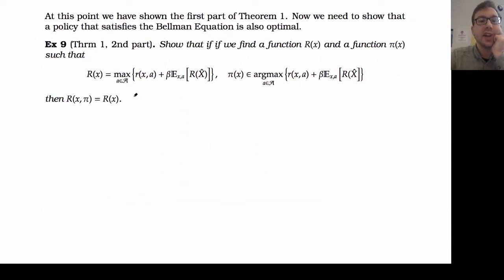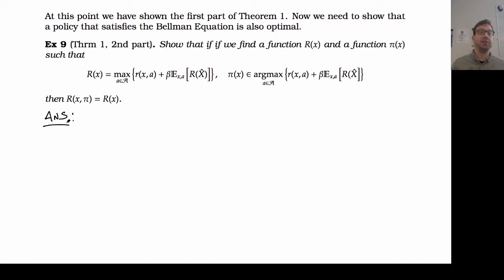Well, let's start with the following. If we find a reward function r of x and a function pi of x such that this equality is satisfied and pi of x belongs to the maximizing argument of all of these, then the function r of x is equal to the optimal reward function. So let's answer that. This really isn't an obvious question. Just because I've solved this with all these equalities doesn't necessarily mean it's the optimal reward function. This is why we spent quite a bit of time working on the potential theory arguments for Markov chains, because we're going to use that now.